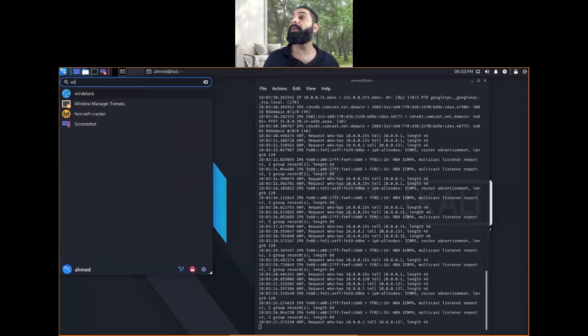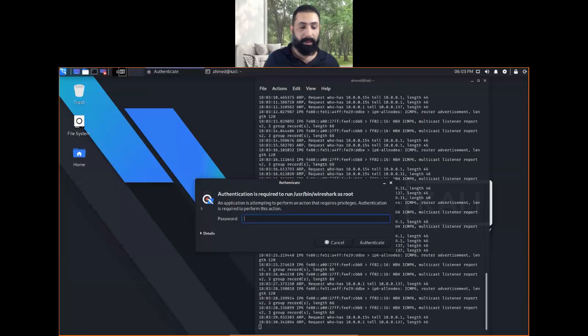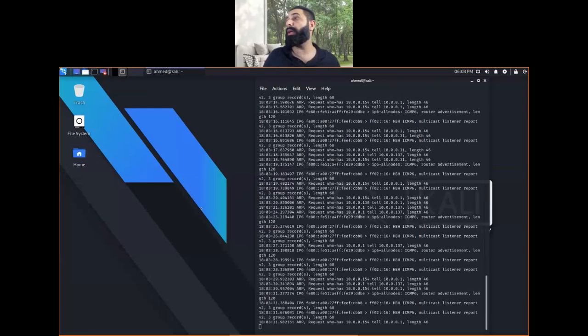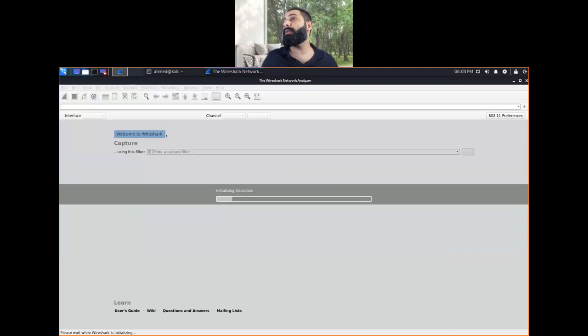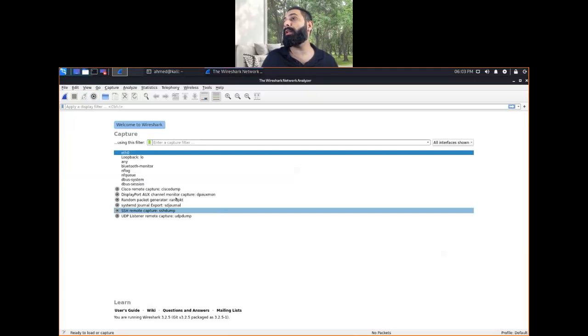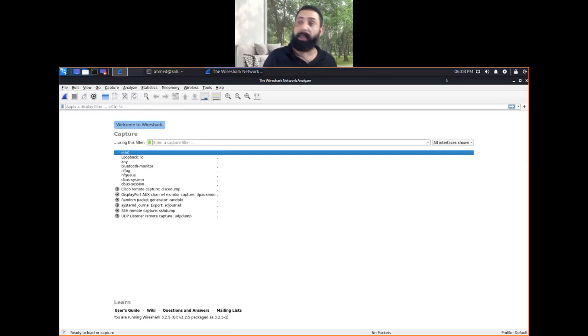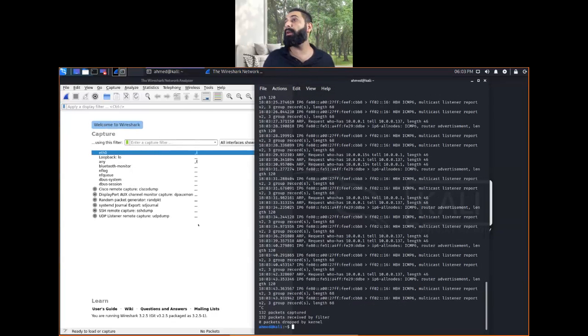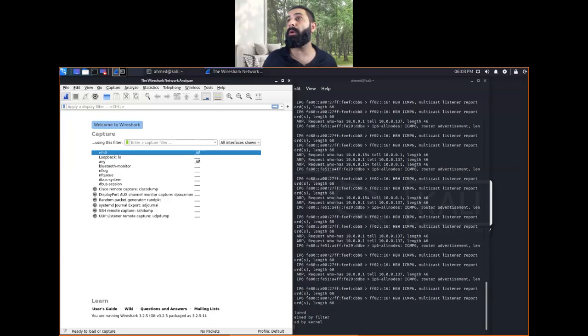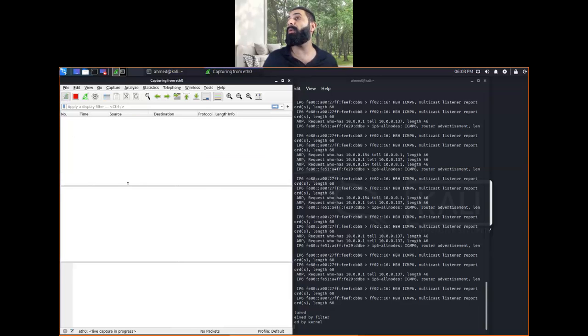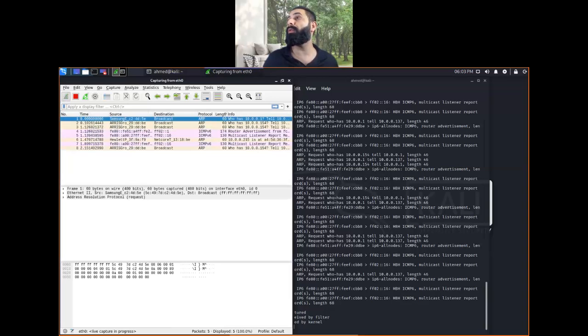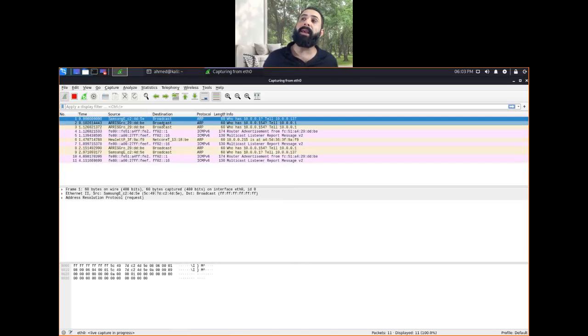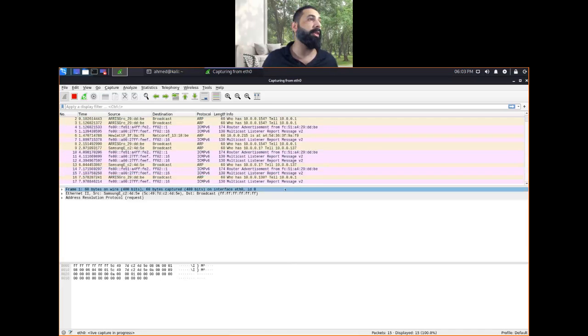Wireshark, and put in the password. So technically, this thing that you see can do the same exact thing. So I'm going to end this, and I'm going to do it over here. This is my network that's working right this moment. I'm going to start capturing on it, so it will start pulling information. Technically over here, I can see much more. So I can manipulate everything.